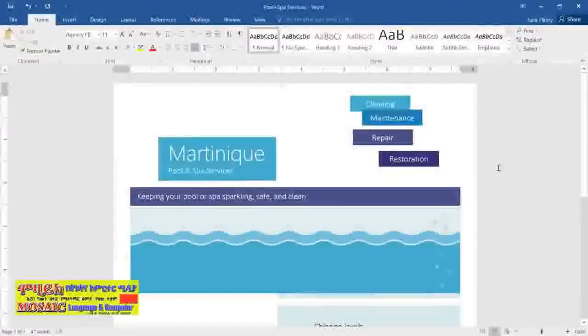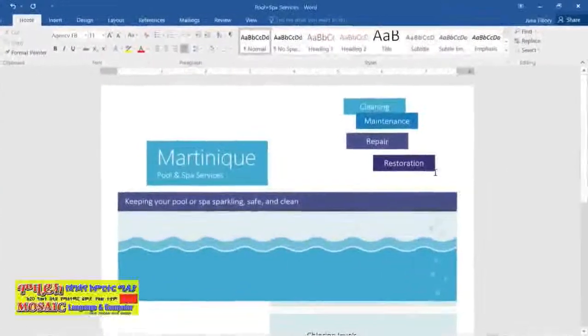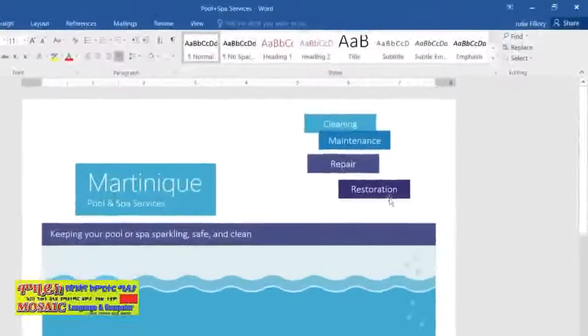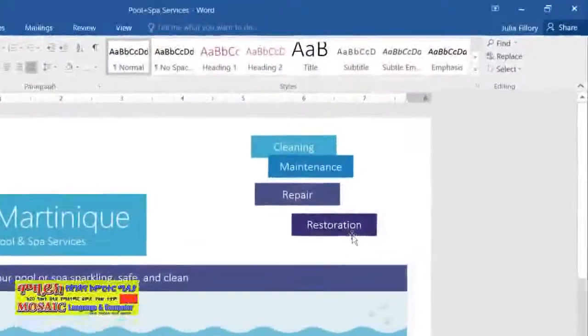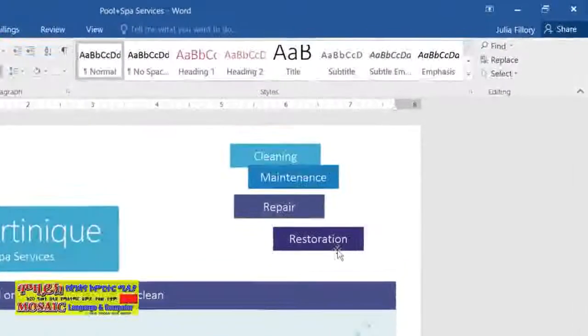Pictures, text boxes, and shapes are all considered objects in Word. Sometimes you need a little help arranging these objects to get your document to look the way you want. Take these 4 text boxes, for example. Right now, they're all placed kind of randomly on the page, but I'd rather have them lined up in a row. Of course, I could try to line them up manually, or I could get Word to do it for